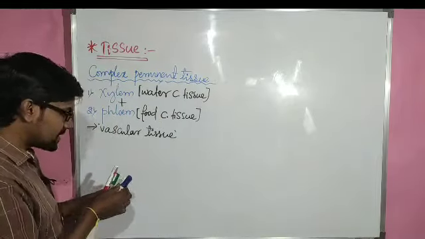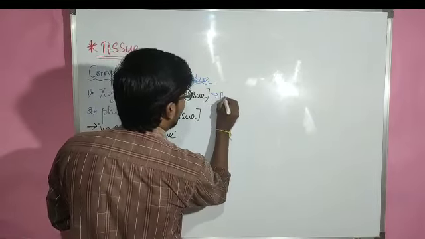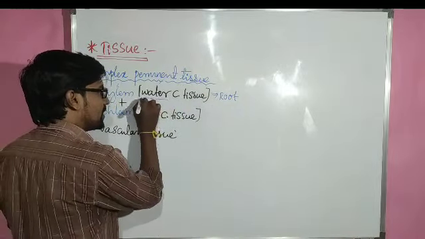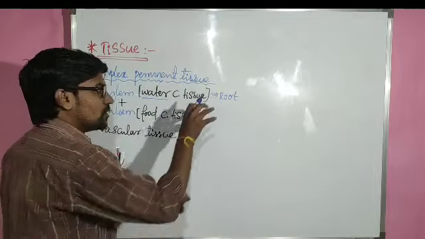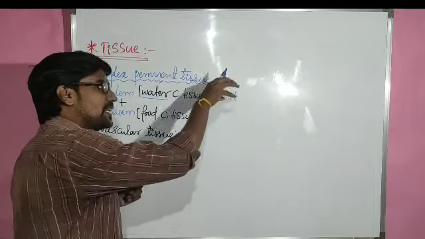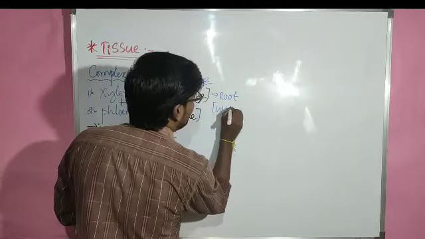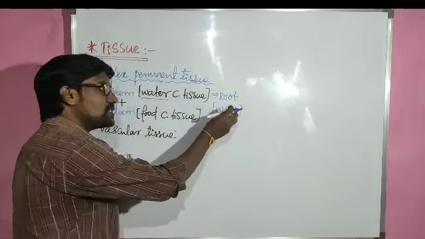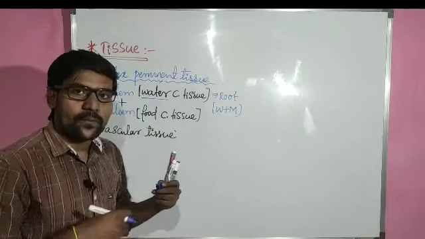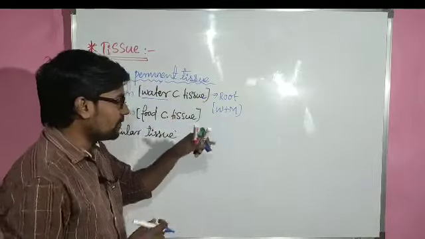If we start with the xylem, its work starts from the root. As we already know, why? Because its work is conducting, transferring the water. The water gets absorbed by the root or root hairs. When it absorbs the water, along with the water it will absorb minerals also. Water plus minerals. Minerals are nothing but the food for the plant, to convert into glucose form. Majorly minerals are absorbed for different activities.